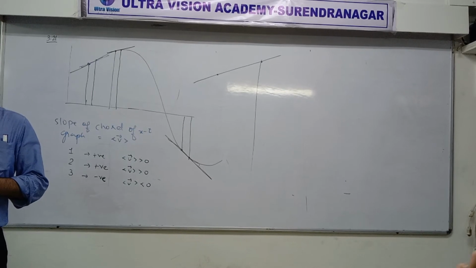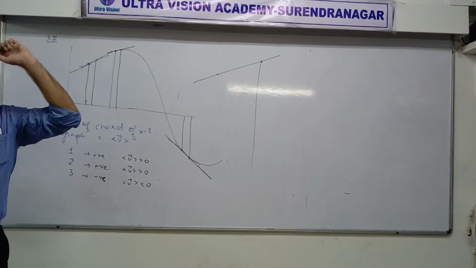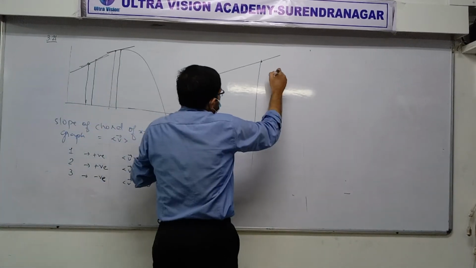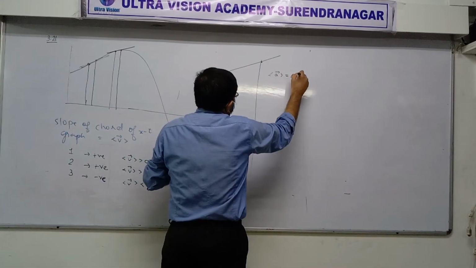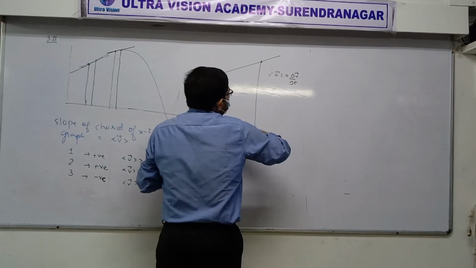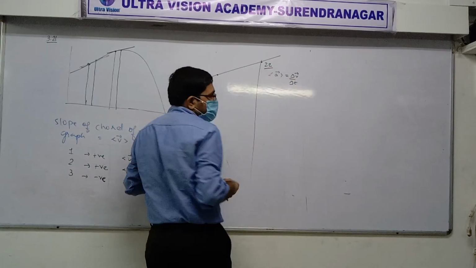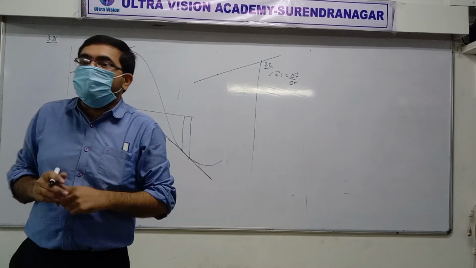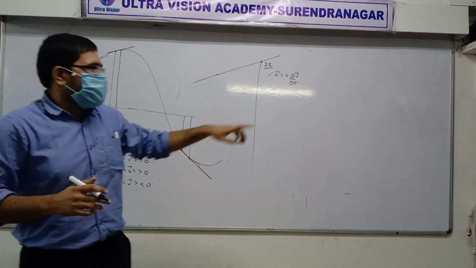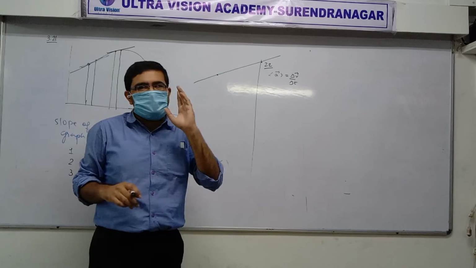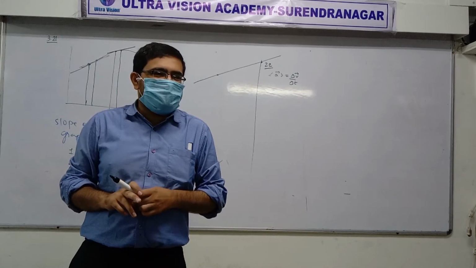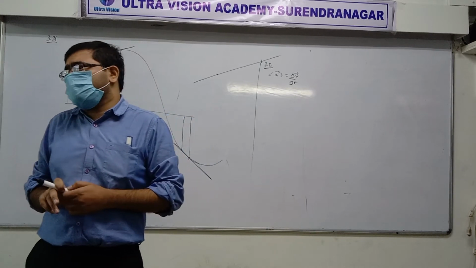Okay. Yes, Niyati. Very good. Average acceleration is delta V vector upon delta T. But how do we find it from a velocity time graph? How do we find average acceleration from a velocity time graph? Raise your hand, don't say the answer like that. Let me see how many of you know.